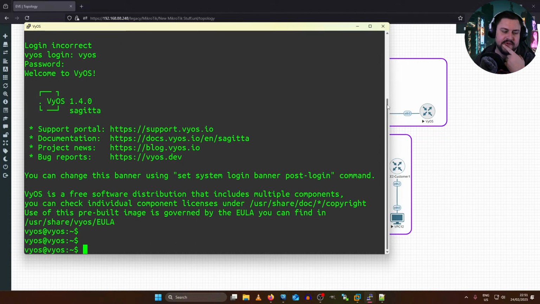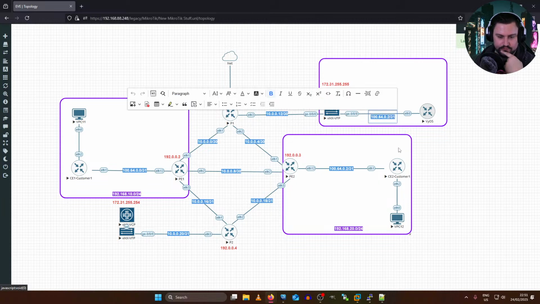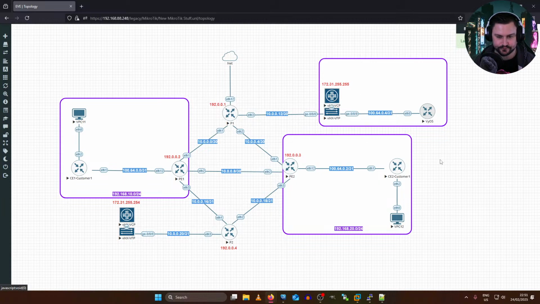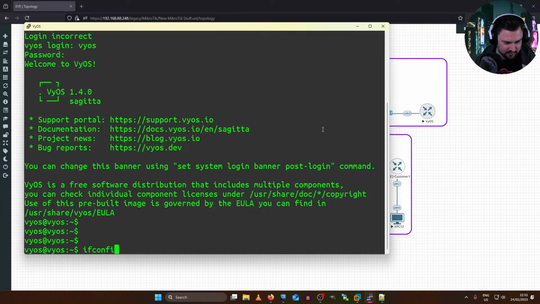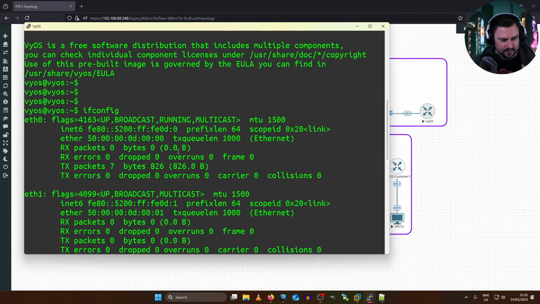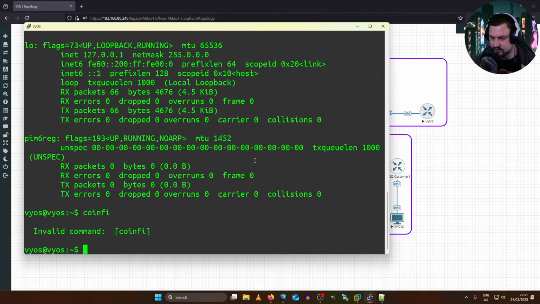So now I just need to remember how to do some stuff on Vios, but it shouldn't be too difficult. I mean, it's just another networking platform. So let's do 164.0.4. Then on the Vios box, I think it works with ifconfig as well. Yep, it does. I've got my Ether 0 connected, and it works very much like Juniper. I think I made a video on Vios a while ago as well.